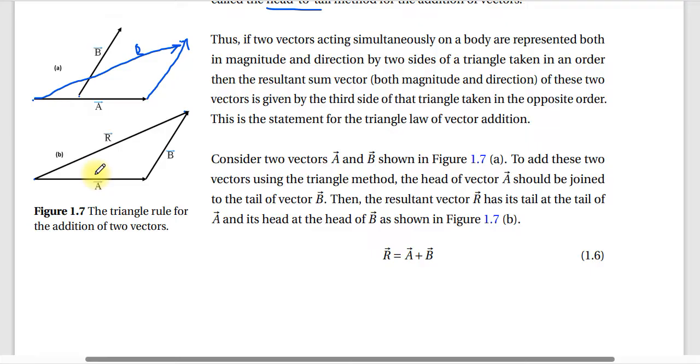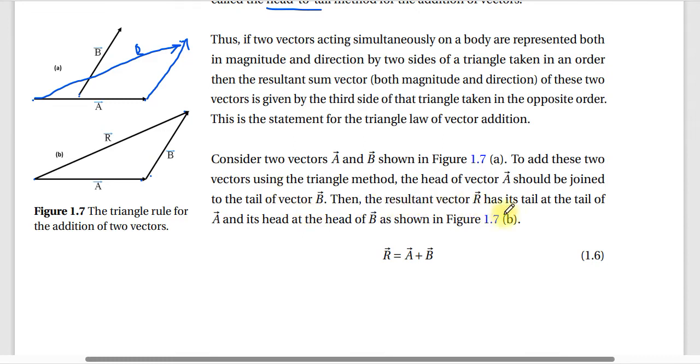ስለዚህ እንደምታዩት ምን ሰራልኝ? ትራያንግል ሰራልኝ ማለት ነው። ስለዚህ ትራያንግል ኦፍ ቬክተር አዲሽን የሚለው ይሄንን ነው። Consider two vectors A and B shown in the figure. To add those two vectors using triangle method, the head of the vector A should be joined to the tail of vector B. እንግዲህ የኤ ሄድ ማለት ይሄ ነው፣ የቢ ቴል ማለት ይሄ ነው። አምጥቼ ሁለቱን ማገናኘት ይሄው ሄዱና ቴሉ ተገናኙ ማለት ነው።